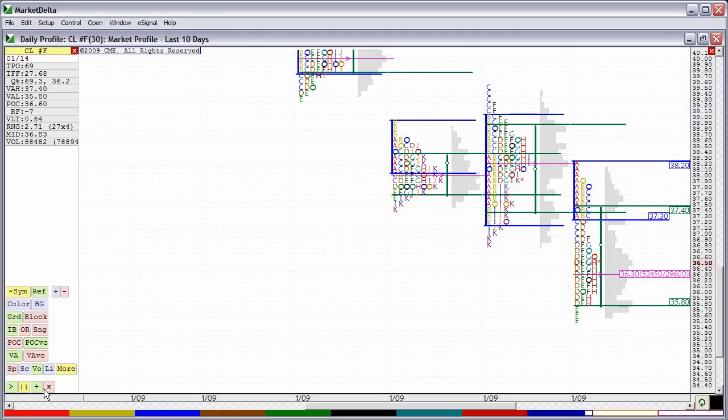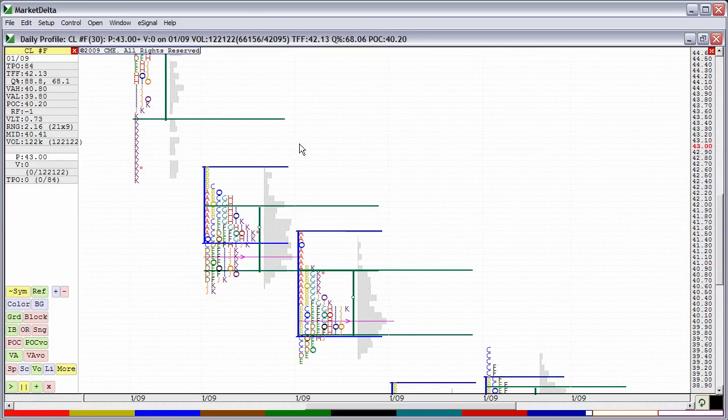These buttons here are for a playback, and this playback only controls this chart. So this one will start the playback at the beginning of the current session, or at least the current profile that you have displayed on the chart. So if you have the last 10 days, it would begin on that first day, 10 days back, and begin playing it